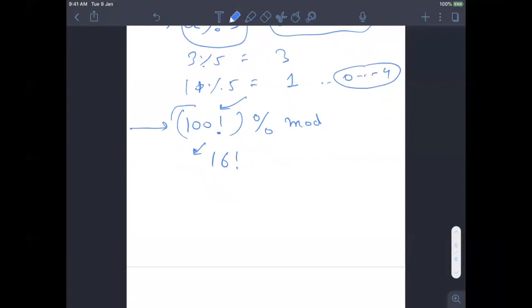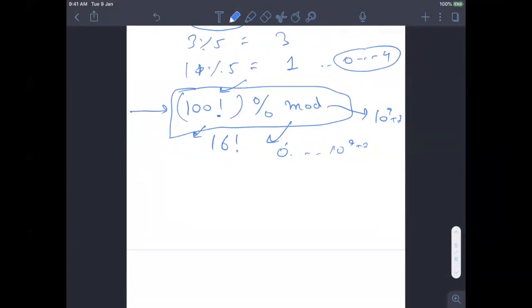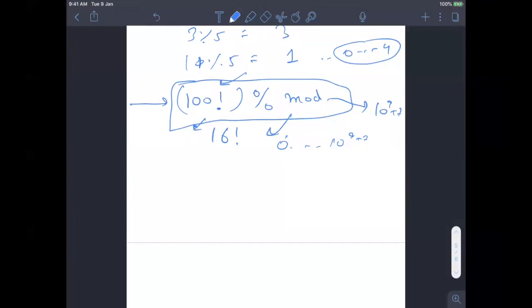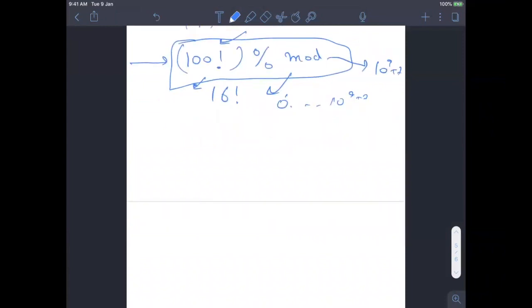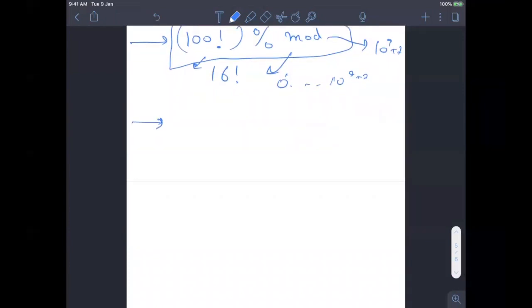But they have asked you to print this, and let's say mod is again 10 to the power 9 plus 7. Right now you might be thinking, how will I store this big number? But the problem setter doesn't care about that. He wants this answer modulo 10 to the power 9 plus 7, which is definitely between 0 and 10 to the power 9 plus 7, and can fit in an integer or long range. At this time, modulus properties always help us. It is a very small and basic thing in competitive programming, but it's used many times. So I'll describe four properties that will be enough for you.